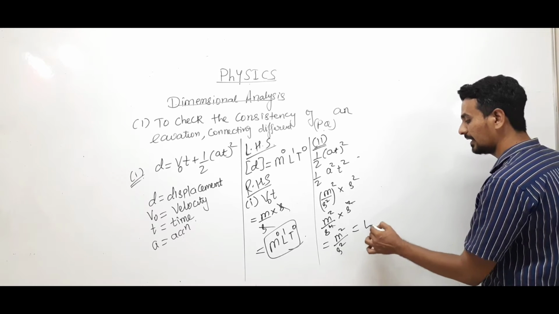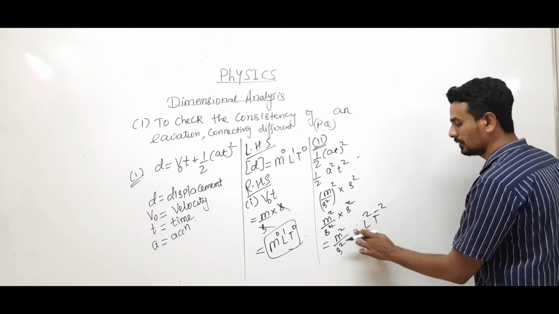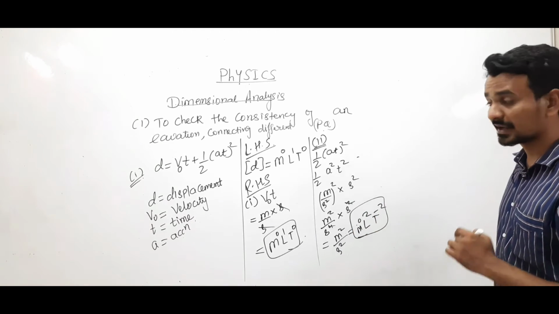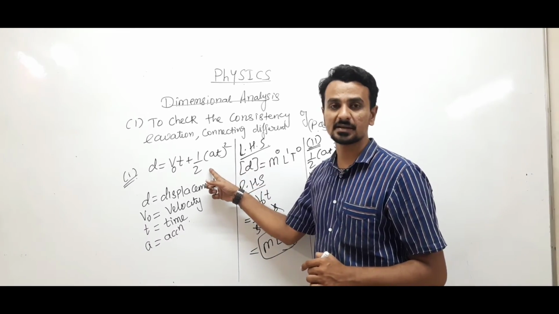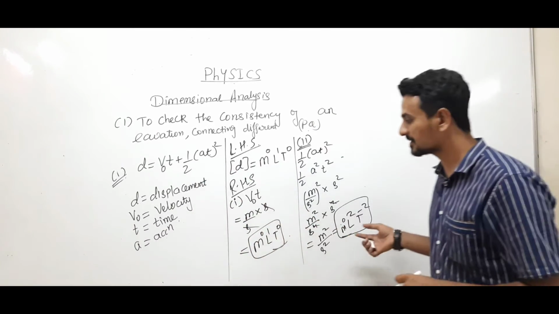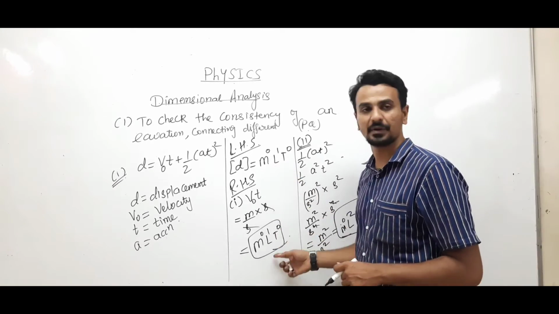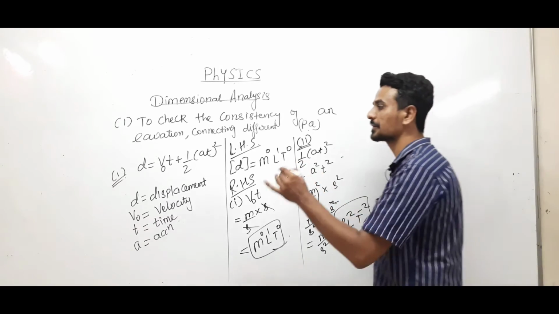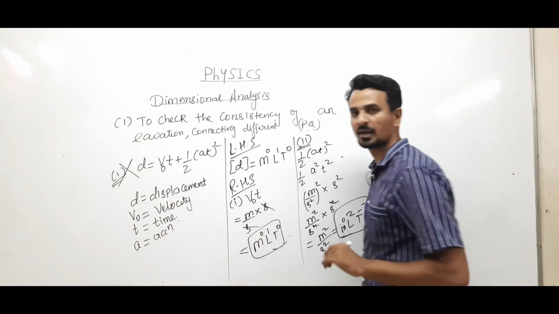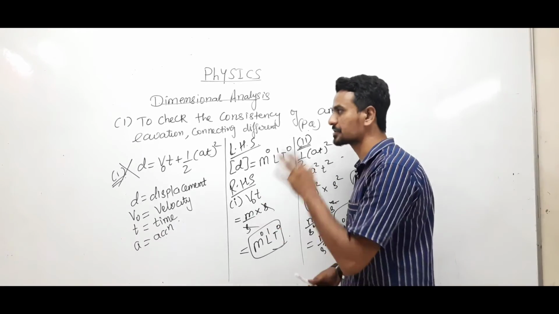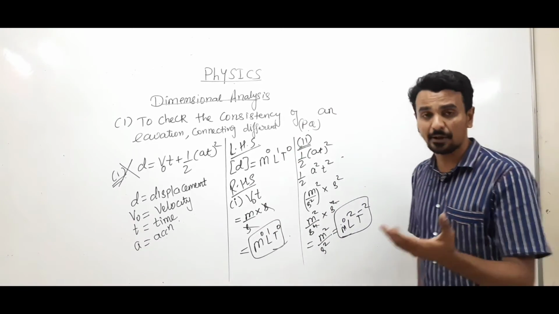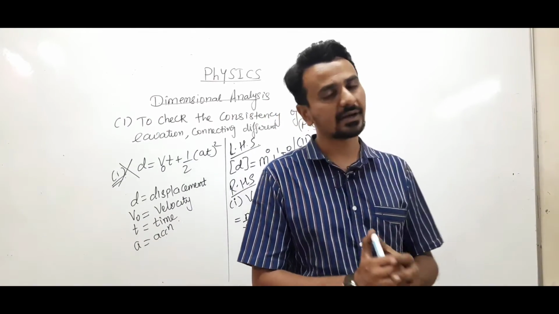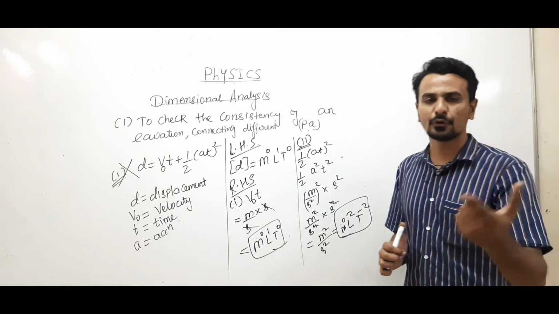That means this will be L2 T minus 2 M raised to 0. So this is the dimensional formula coming out for the second part on the right hand side. This dimensional formula does not match with the other dimensional formula. That means the equation given is not consistent, so this equation is wrong. Clear? So this is the first application of dimensional analysis. You can check, by making use of dimensional formula, whether the given equation is dimensionally correct or incorrect. Clear? We'll take one more example.